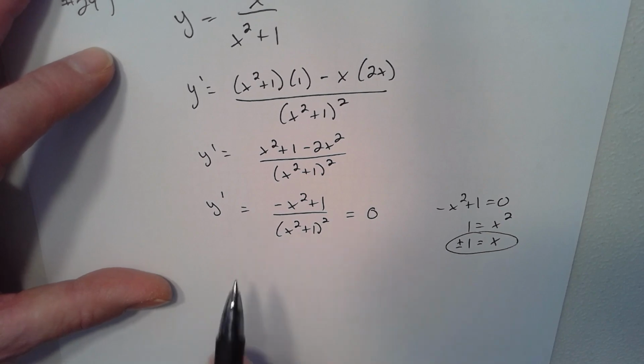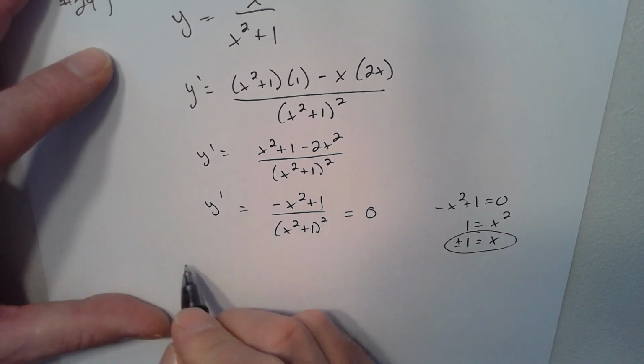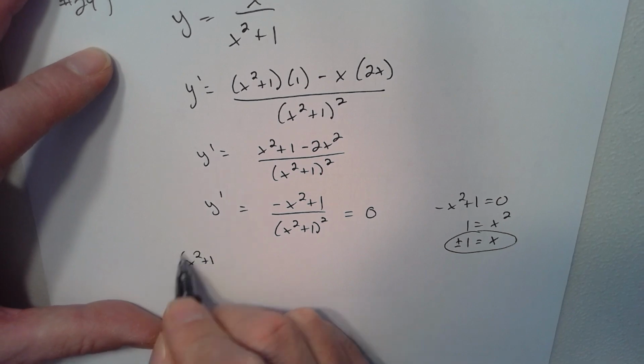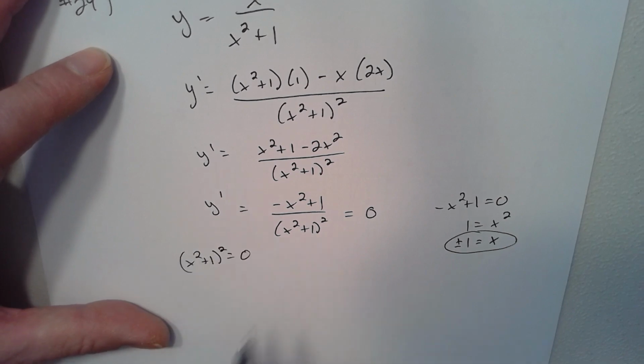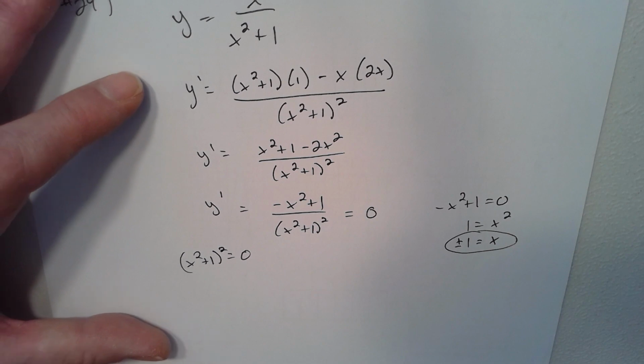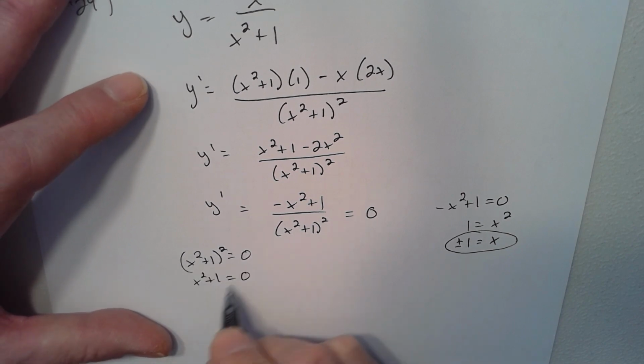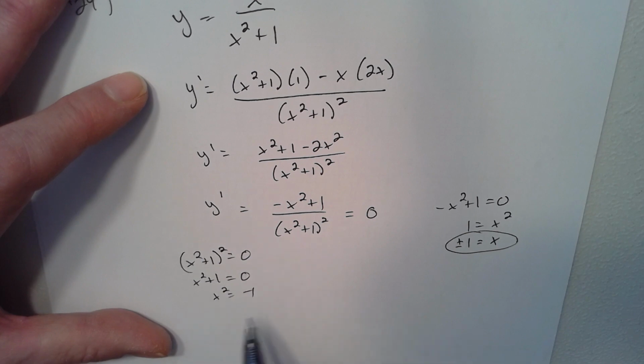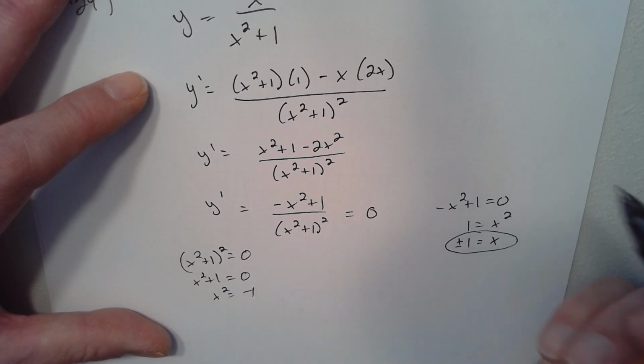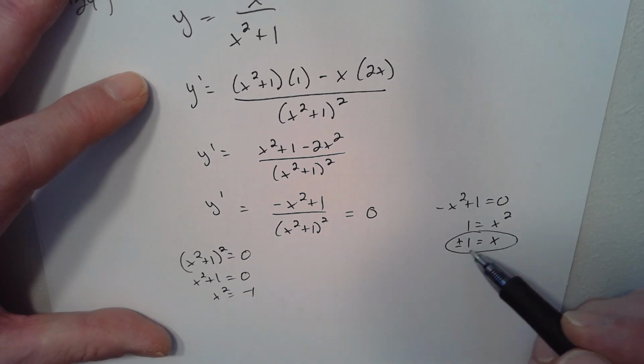So we can set x squared plus 1, squared, equal to 0. So what's going to make the bottom 0? You could take the square root. So x squared plus 1 equals 0. We're going to end up getting non-real answers. So there's no solution there. So there's no point where the derivative is undefined. The derivative exists everywhere. Okay, so 1 and negative 1 are the only